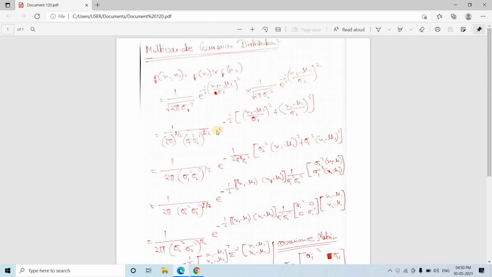So today in this video I am going to discuss the mathematical equation of the multivariate Gaussian distribution, which is going to help us understand some other machine learning algorithms that depend on the Gaussian distribution, like the Gaussian mixture model, one of the very popular techniques in clustering or unsupervised machine learning, which I am going to cover in my upcoming videos.